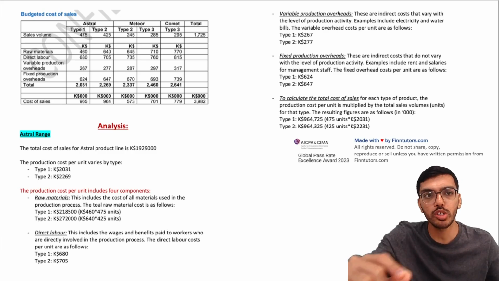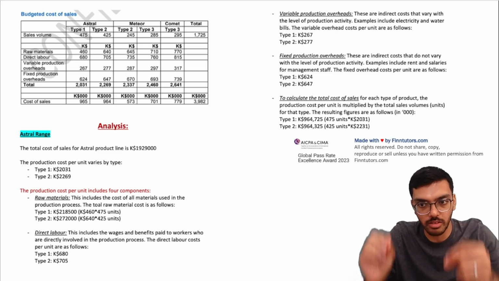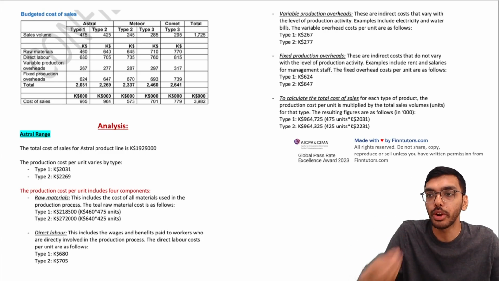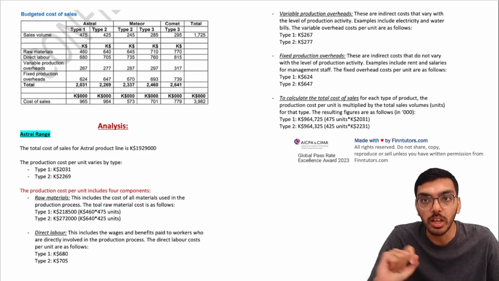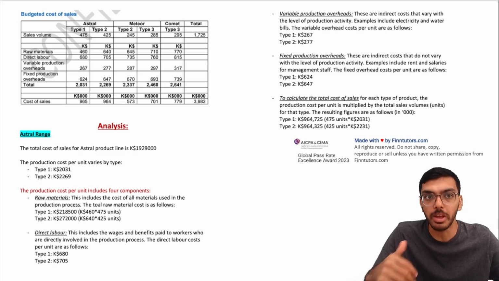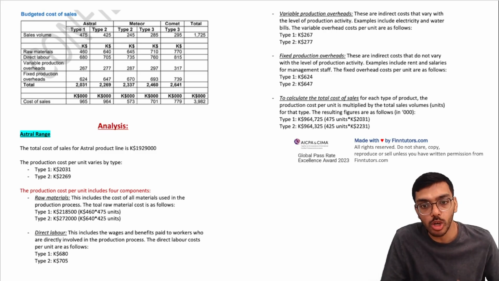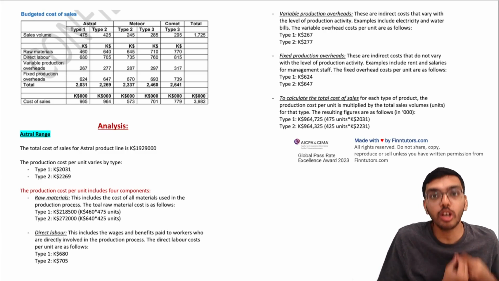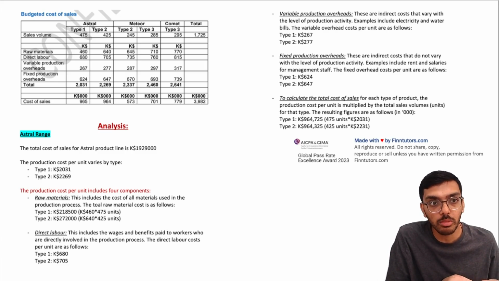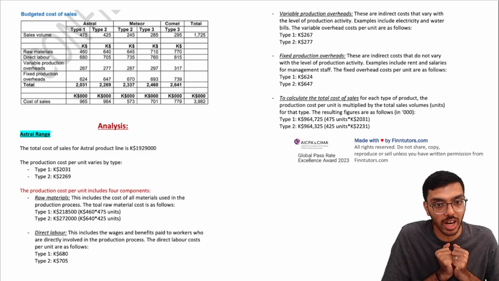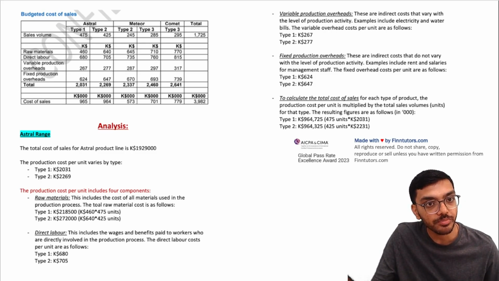Could this be because all production overheads are grouped under one subheading, variable production overheads, everything in there? But which production overhead are we speaking about? Which indirect costs are we speaking about? For example, electricity bills, water bills, which product is taking how much resource? We don't know that. So how can we cost correctly? How can we understand the costs of our business correctly? It's not going to be possible to break down or understand our costs, right? Because of this standard absorption costing system that we are following.